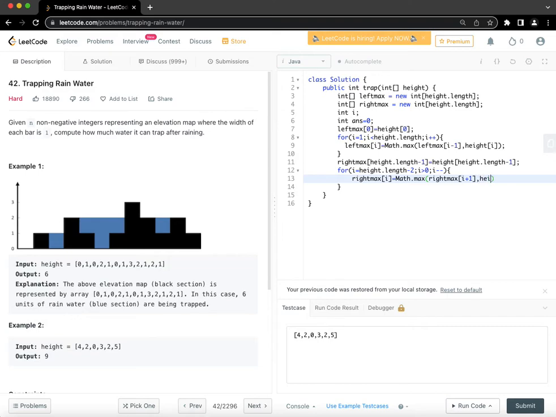So now height[i]. So this loop will populate the right max array. Now we have both left max and right max. So now what we have to do,